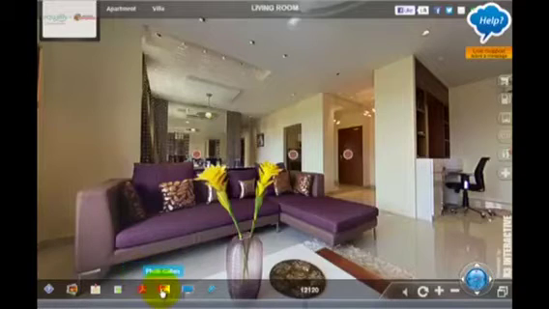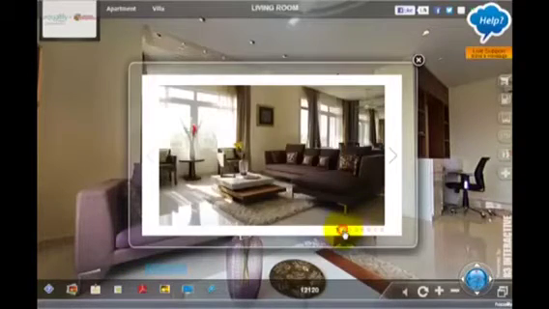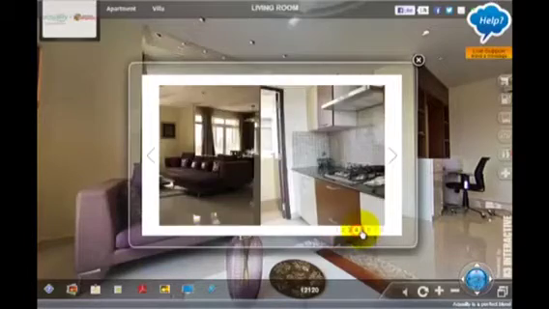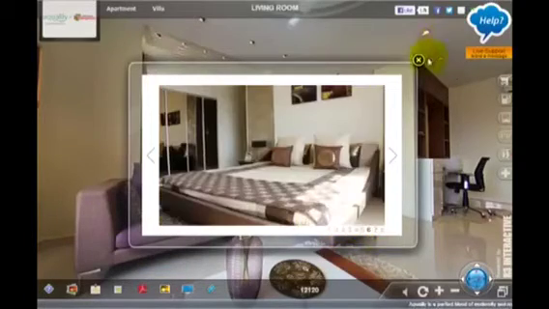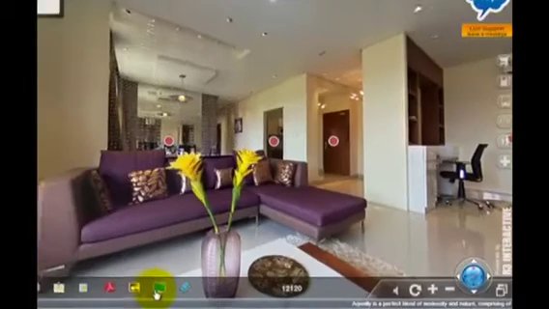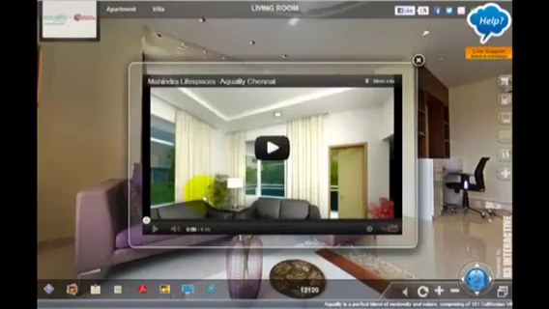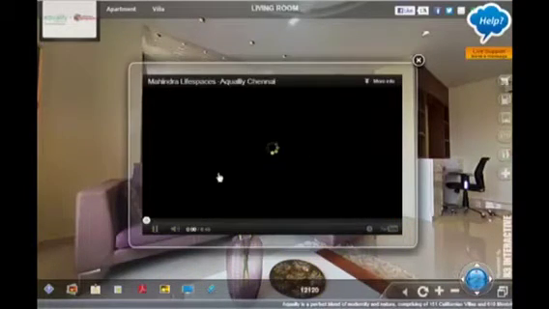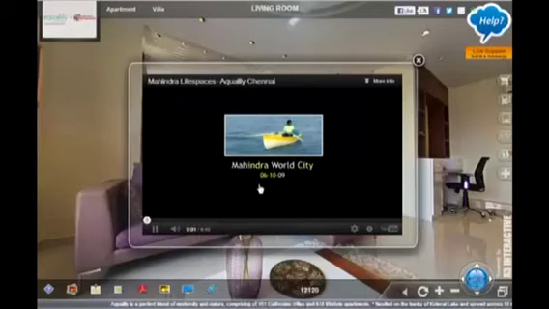I can download, as a visitor to their website, the brochure. I can see the slideshow of all the photos by going back and forward. So this is a photo slideshow also in part of this, and of course here is a video. If I want to run a video in the center of the screen, you can give a presentation of all the plus minus advantages of this property, as you will see the video loading up.